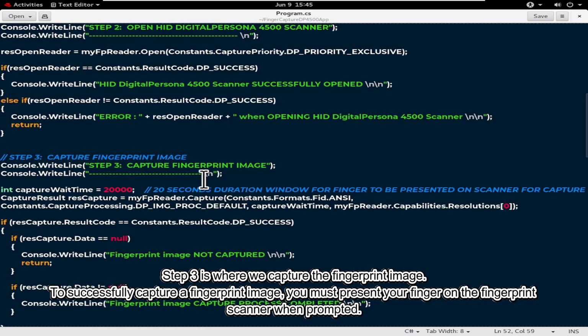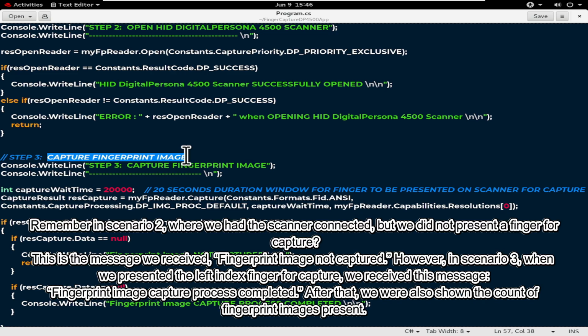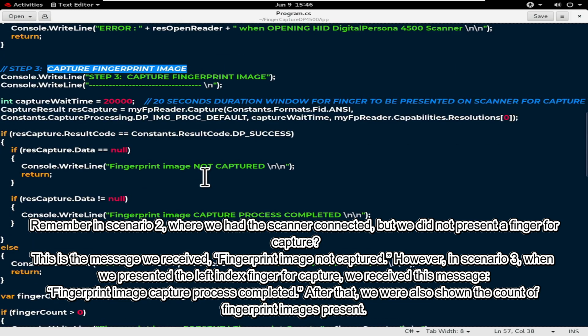In step 3 is where we capture the fingerprint image. For us to be able to capture the fingerprint image successfully, we need to present a finger on the fingerprint scanner when prompted to do so in step 3. If you remember, in scenario 2, where we were running the application with the fingerprint scanner connected, but then we were not